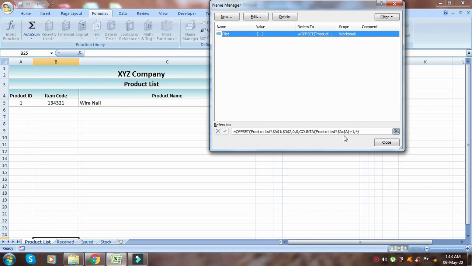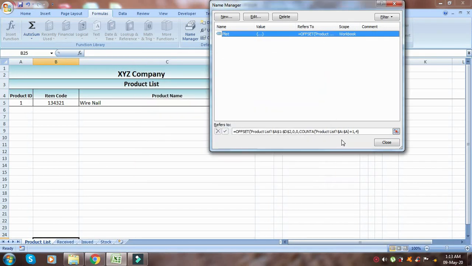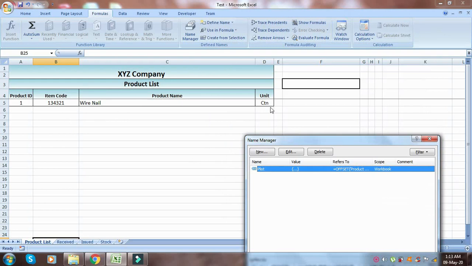Then I have chosen whole column A, because our name range depends on this column A. Then I added plus 1, so that wherever the data is, it will go plus 1 and cover that row. Then I have to select 4 columns because we have 4 columns here in our format: A, 1, 2, 3, 4.